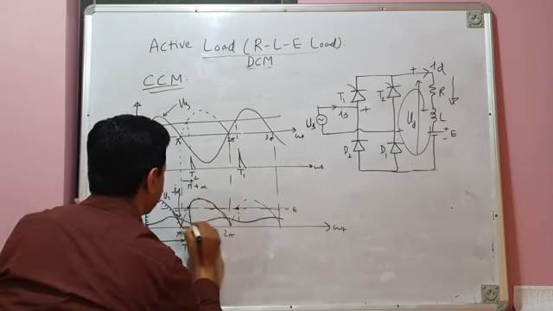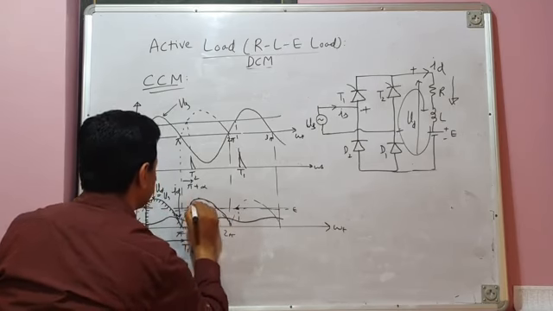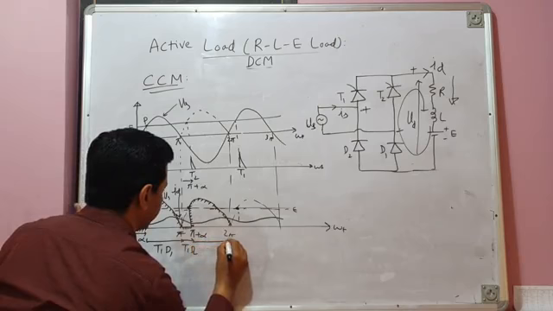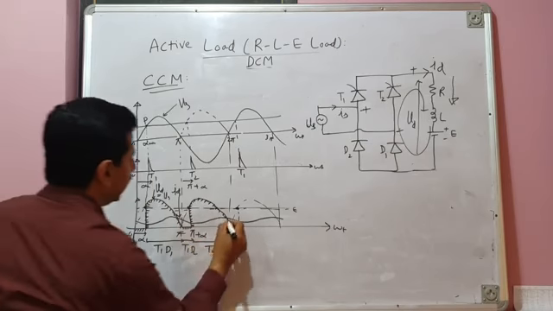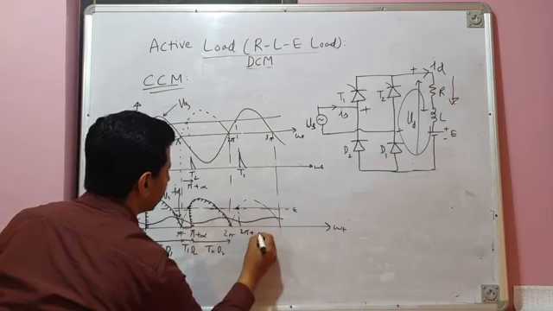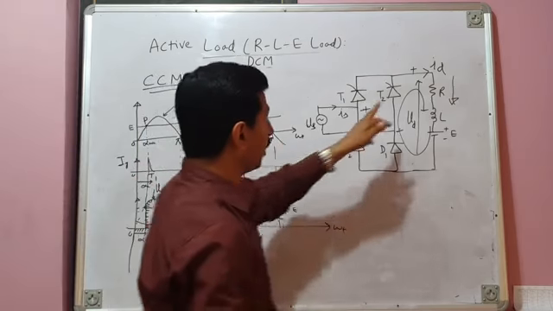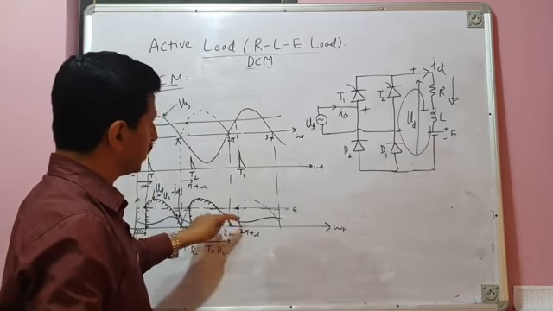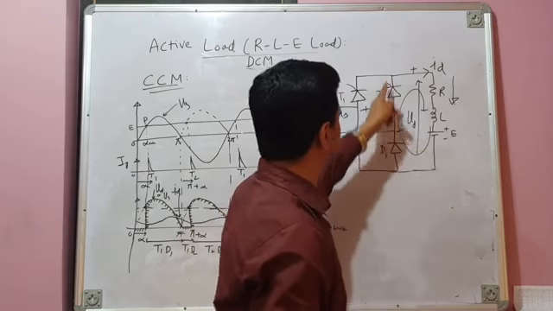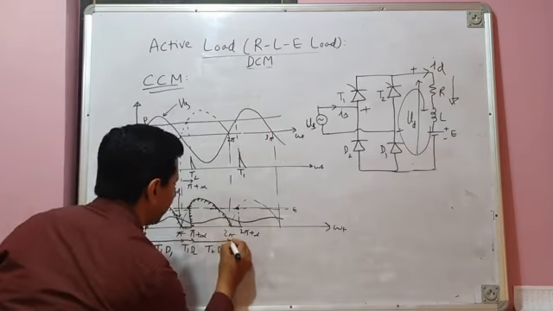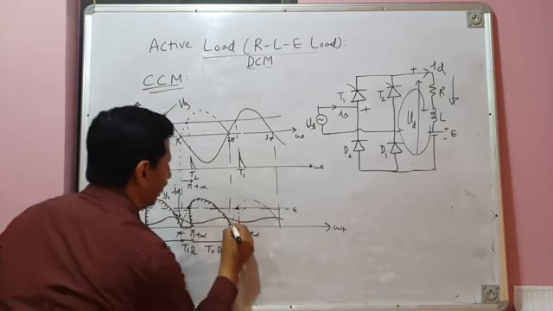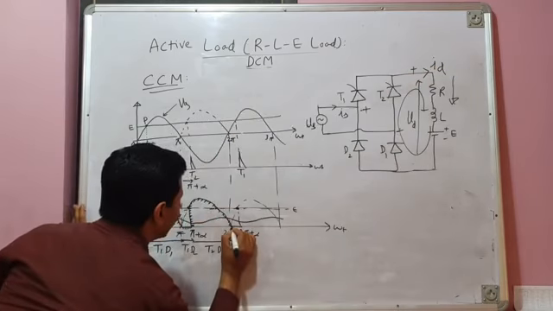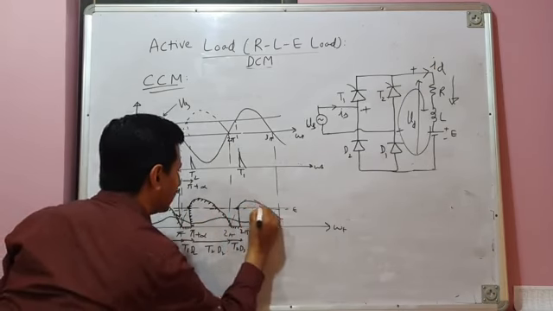This is the load voltage, and it is the same as the source voltage, positive voltage. So that means from pi plus alpha to 2 pi, the T2 D2 pair is conducting, and from 2 pi to 2 pi plus alpha, the next instant of firing, what is the pair of devices which is conducting? Source voltage has become zero, load voltage has also become zero. But load current is not zero, it is still flowing. So load current will freewheel through T2 D1. So freewheeling action will take place through the T2 D1 pair. And since load terminals are shorted by the T2 D1 pair, load voltage becomes zero and then repeats.